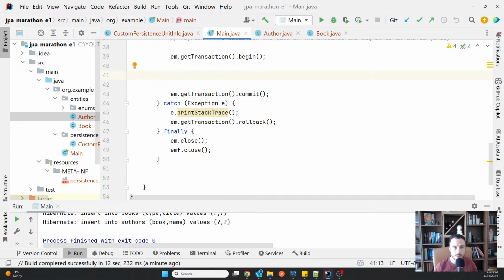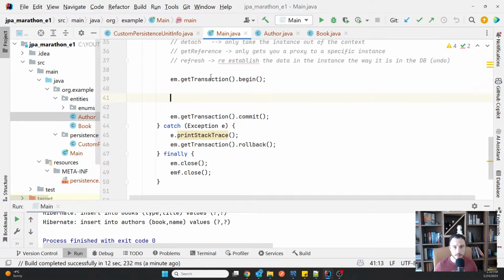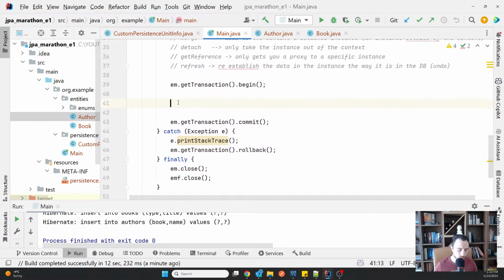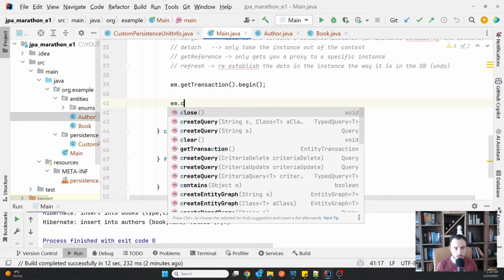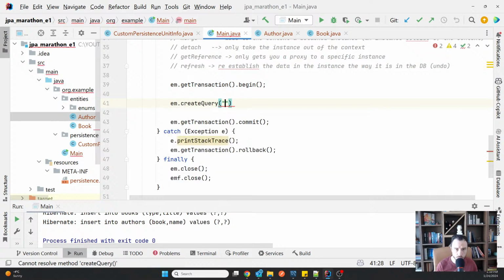Okay, so just to be sure, I'm gonna write a query. We have multiple approaches. If you've seen my playlist, you know already that I'm just going to use the createQuery annotation.